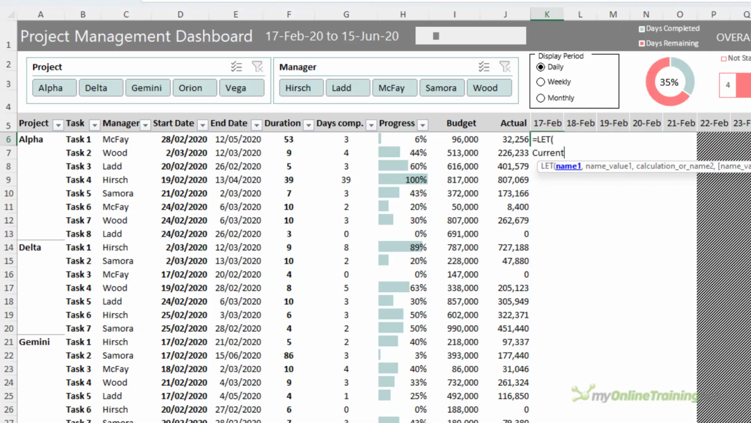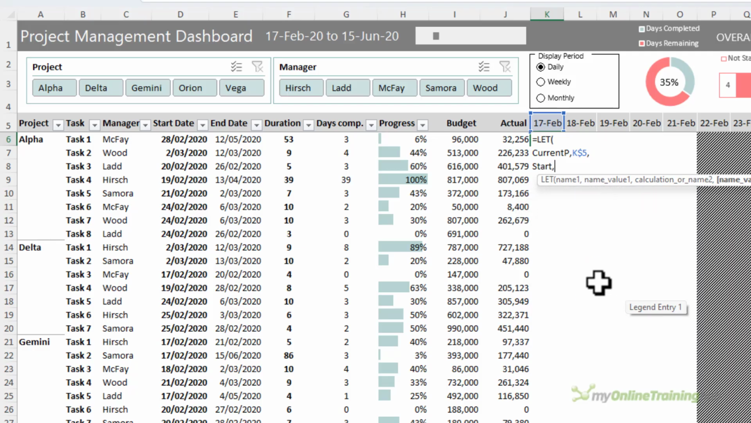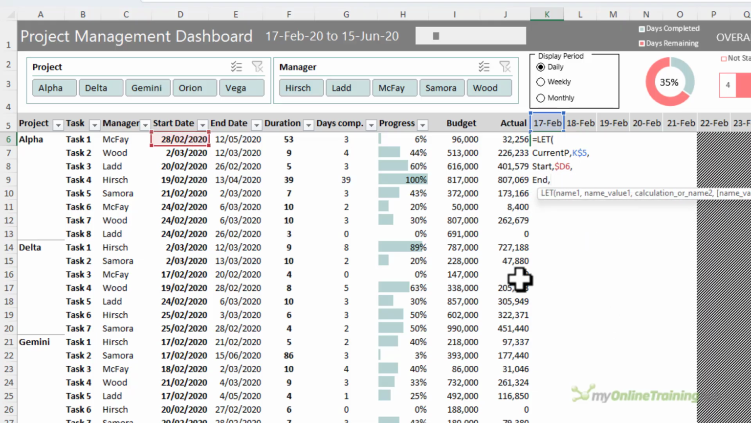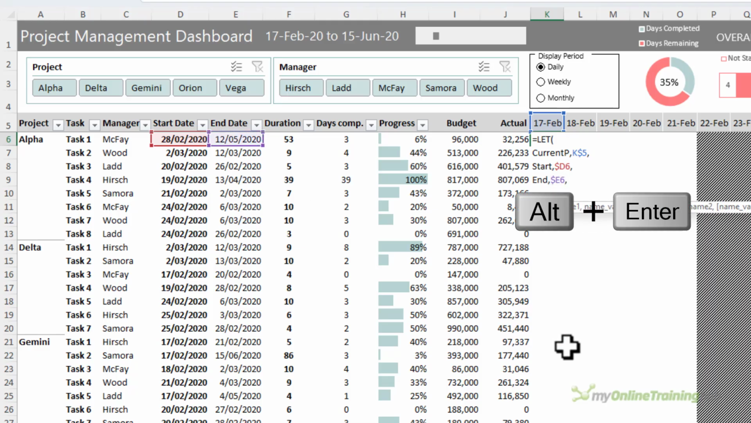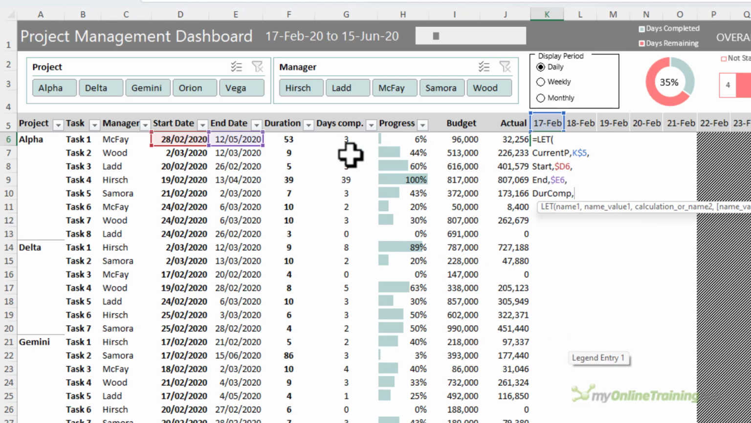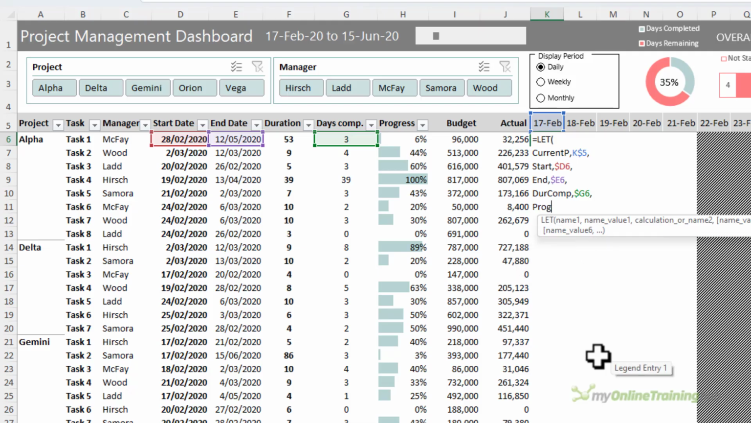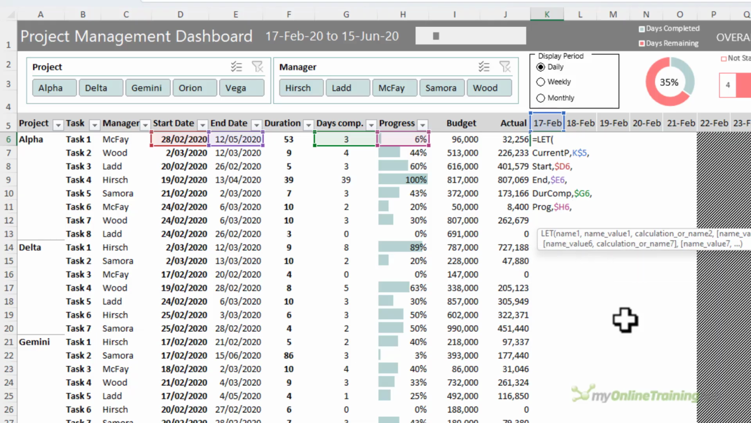So I need the current period, which is just going to be this row here, and I want to absolute just the reference to the row, comma. Next I need the start date, and that's this date here, and again absolute the column, comma, end date, which is this one, again absolute the column. We want the duration complete, which is this one here, absolute the column. We want to know the progress, which is this one here, and the last variable is the date that we've